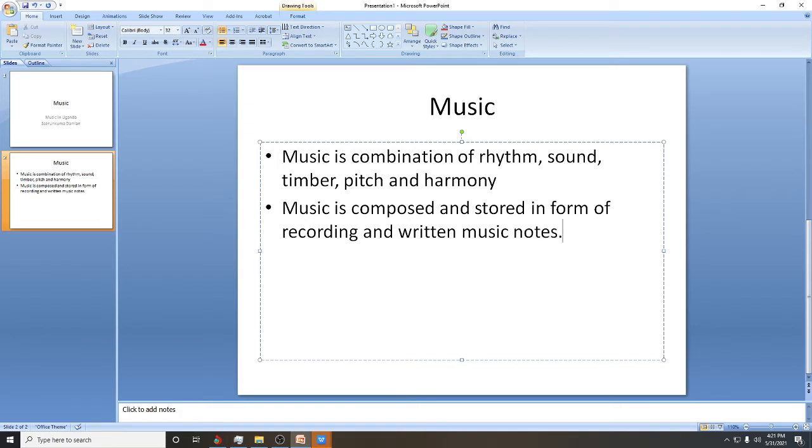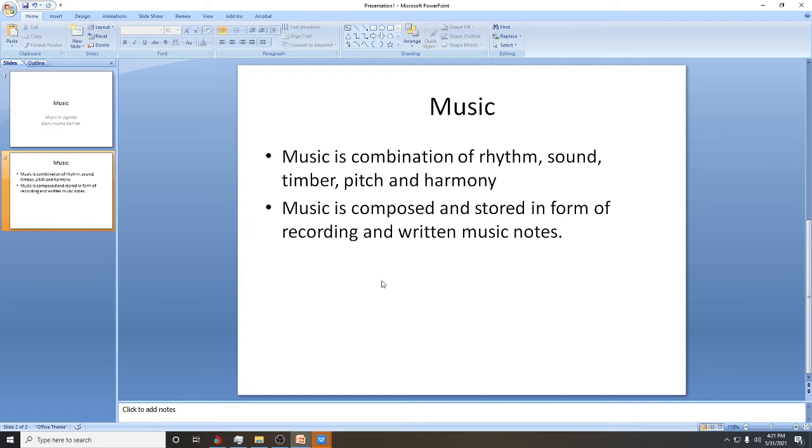Okay, maybe that's our content. So when you look at this, we basically have content in our presentation, but we need our audience to be engaged so that they are not bored. There are a number of things that you can add to your presentation to make it interesting. One of them is text, which we have added. Then we need to add